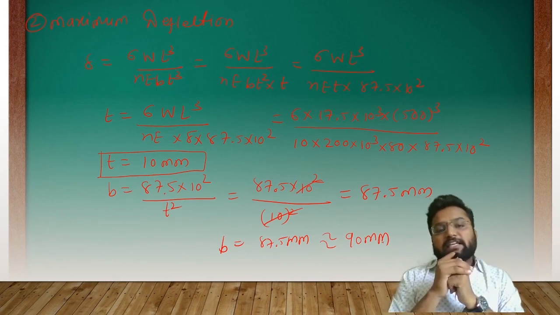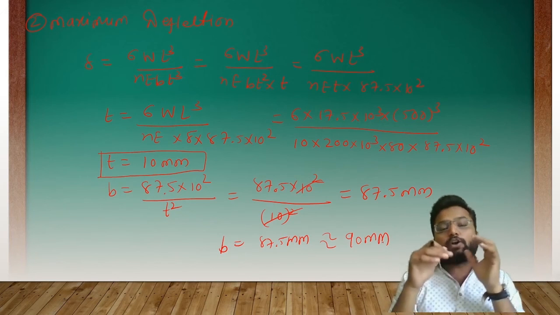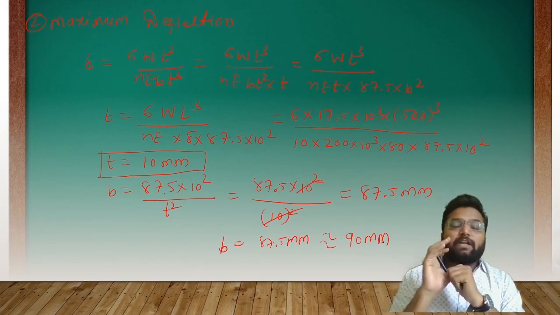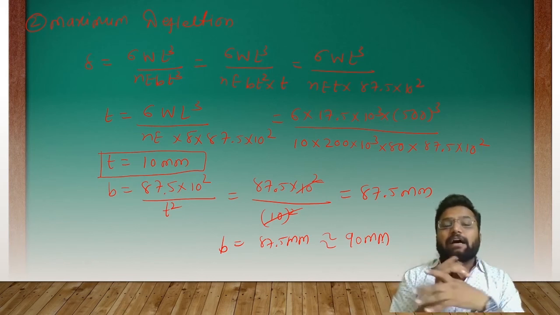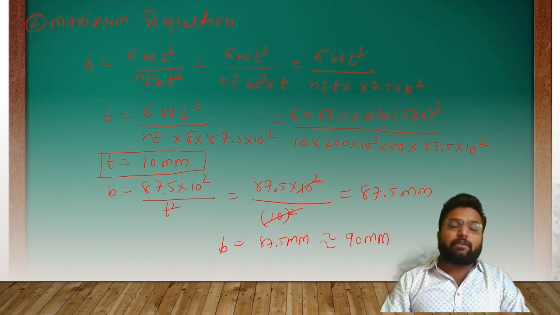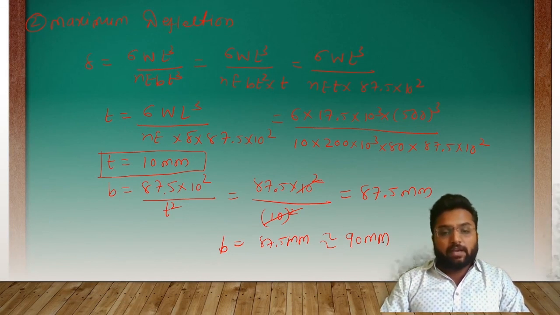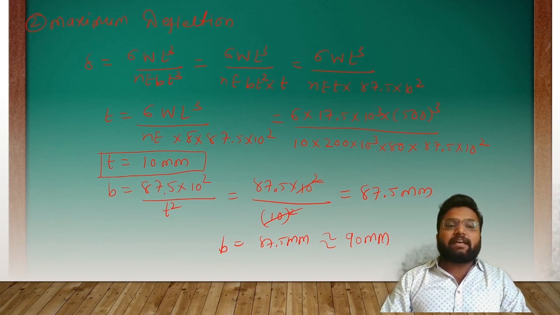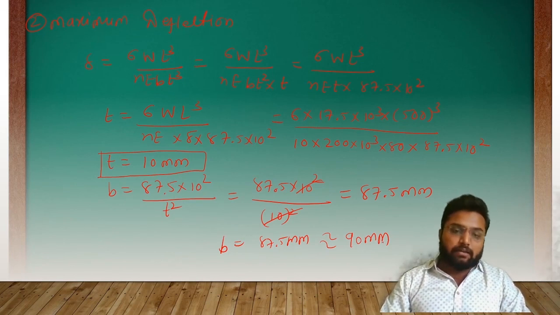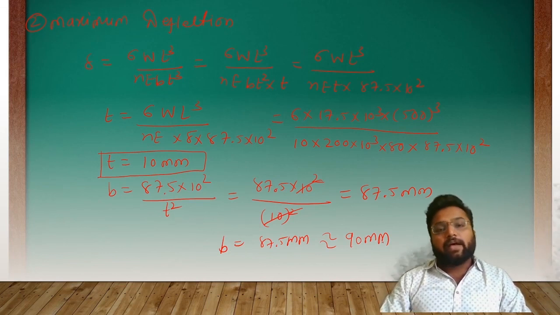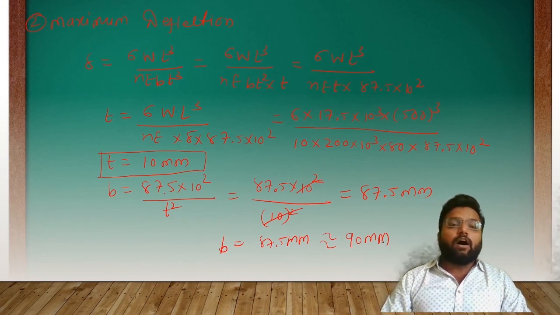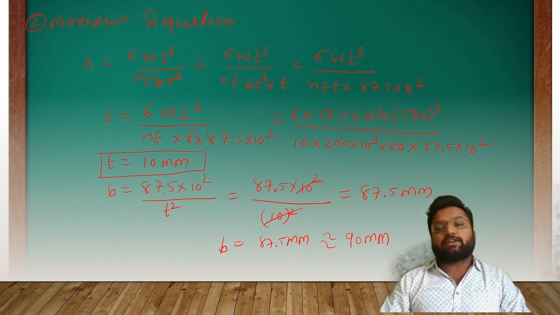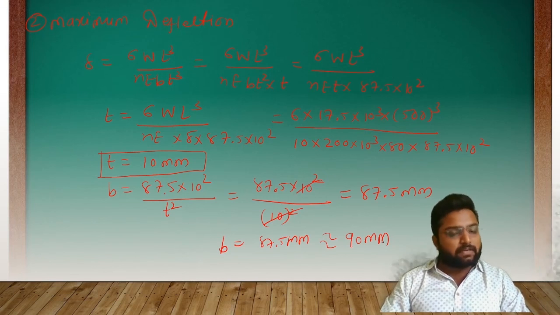I hope you got each and every aspect of this example. This is one of the easiest examples of the leaf spring. If you have any doubt regarding this particular example, you can directly ask me or contact me. This example is directly from the GTU question bank, and it is already given in R.S. Khurmi as well as the Satya Prakashan book of automobile system design.